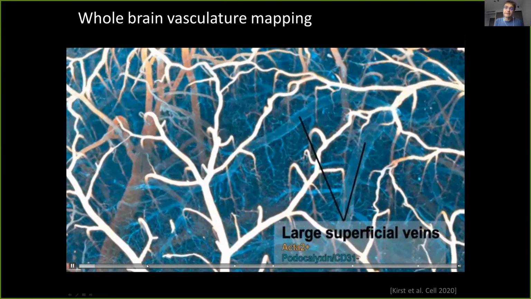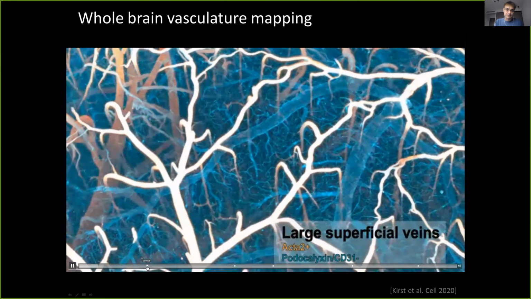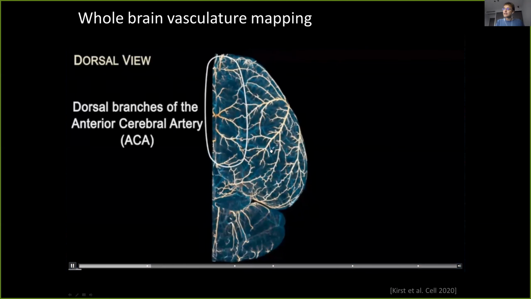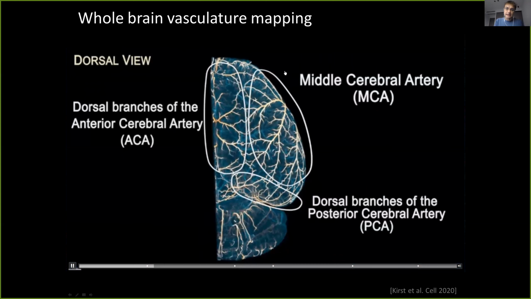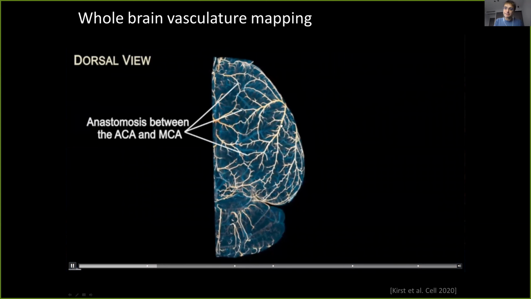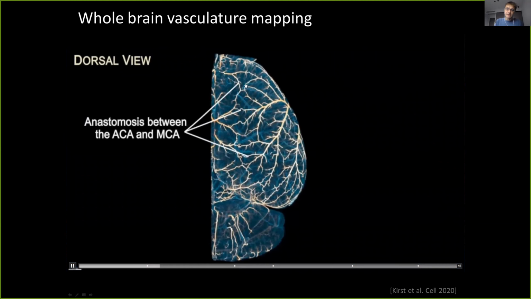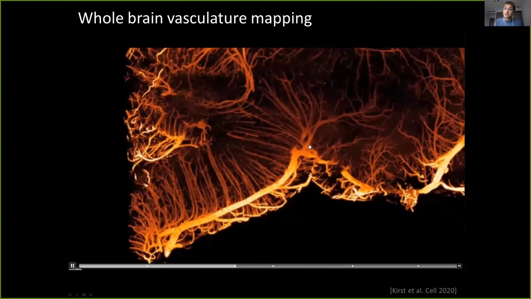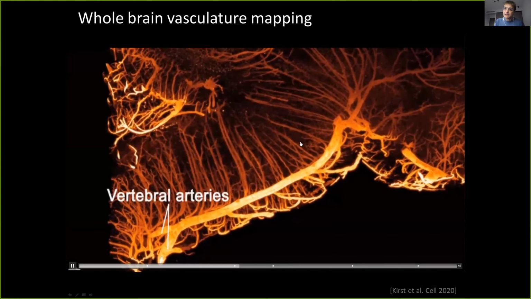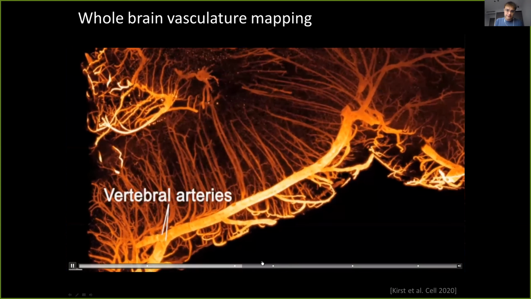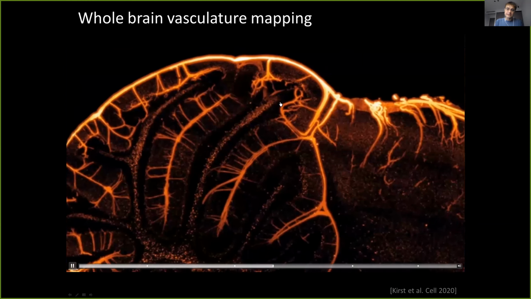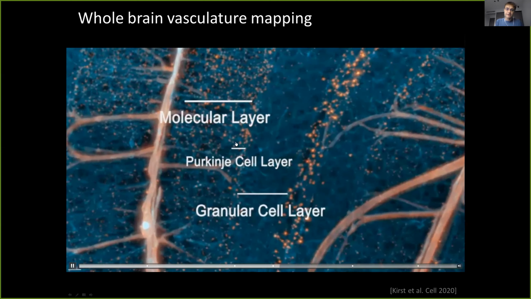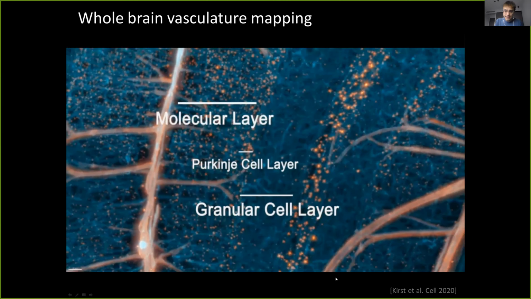You can mark the big vessels that have anatomical names, for example. We can look here in these various areas where we see the main areas that are fed by main arteries that show even these connections anatomically that were known before. You can look in other areas where the structure is very different. This looks very interesting, like here. For example, here in the cerebellum, you see nice structures and alignment of the vasculature with the various layers in the cerebellum.